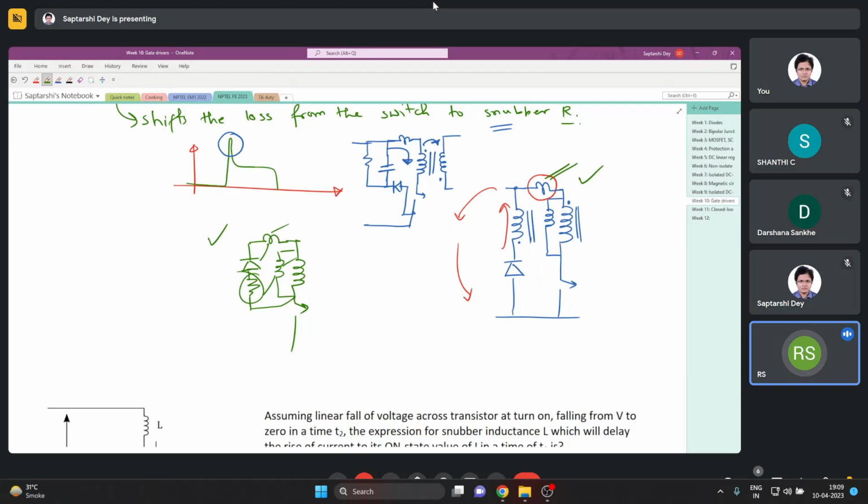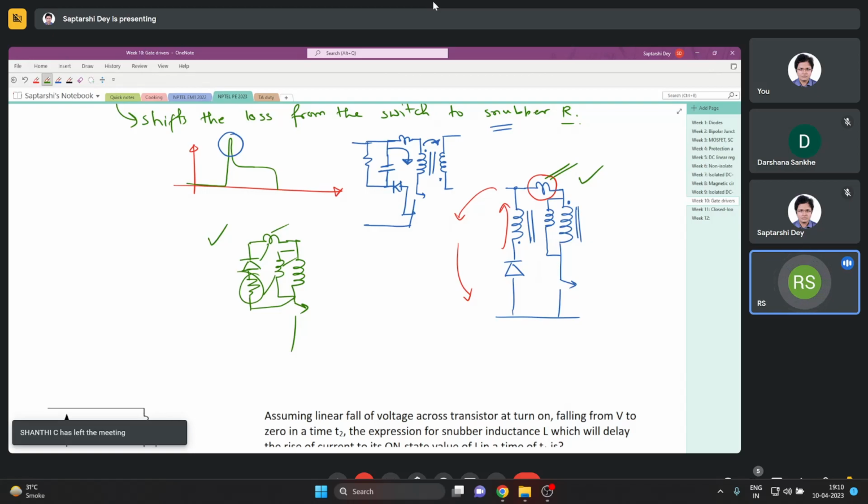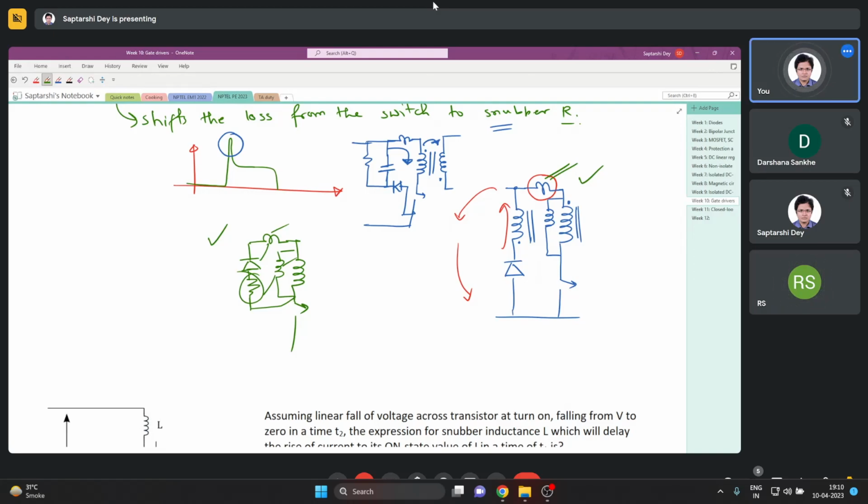In the lecture, there is also some other circuit for considering this leakage inductance. They have used two switches, and the diodes are used to dissipate the energy from the leakage inductance into the source. Yeah, what you said we understood, sir. This one is right. No, you understood. We cannot dissipate leakage inductance energy separately,